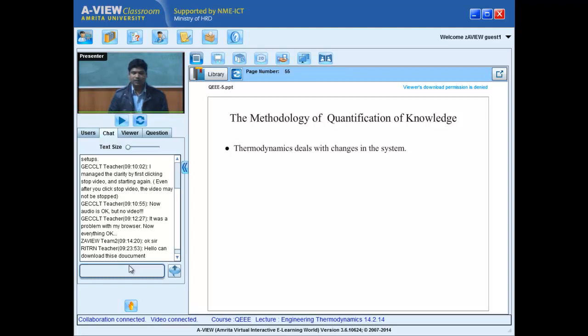Thermodynamics deals with the changes in the system. I told you thermodynamics is just about changing a liquid to vapor, vapor to liquid, again and again, a cycle, and I am getting the greatest benefit. What is that? I am able to eat mangoes in winter, apples in summer. Something grown in Chennai can be eaten in Delhi. Something grown in Mexico can be taken to Delhi because I am able to pack and transport it anywhere.